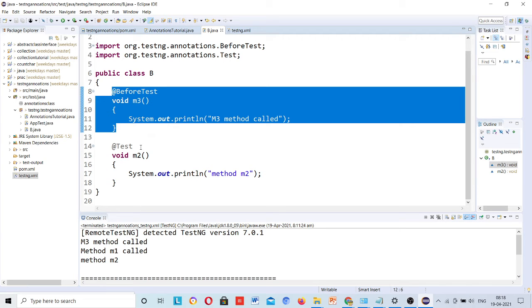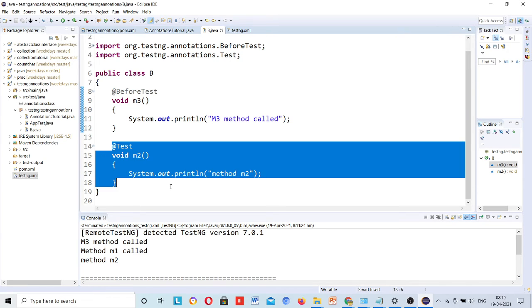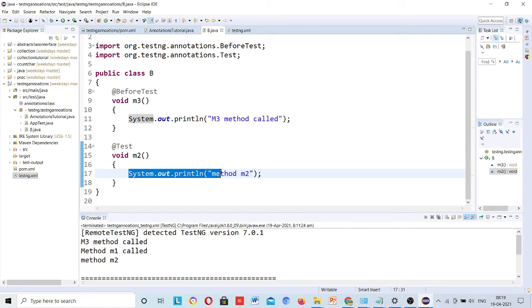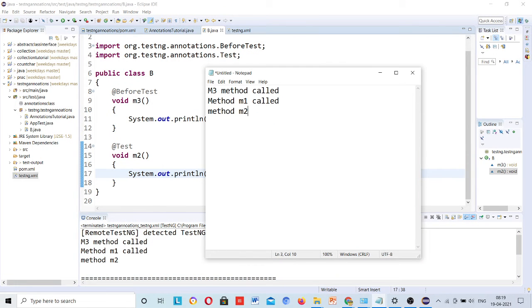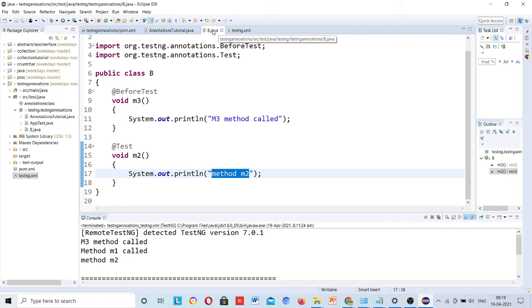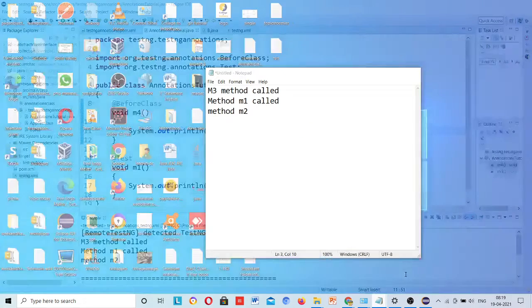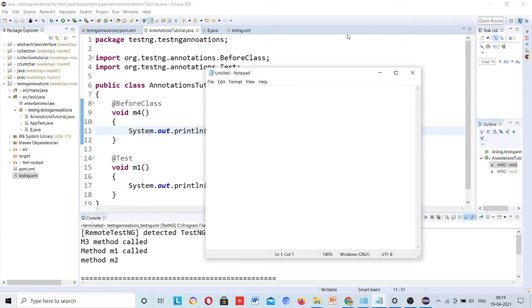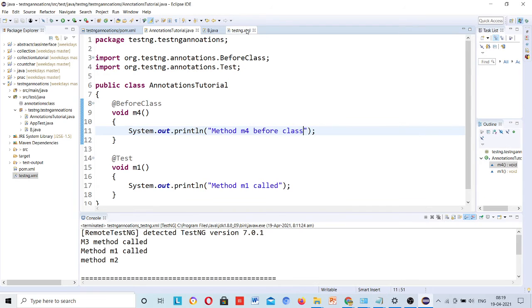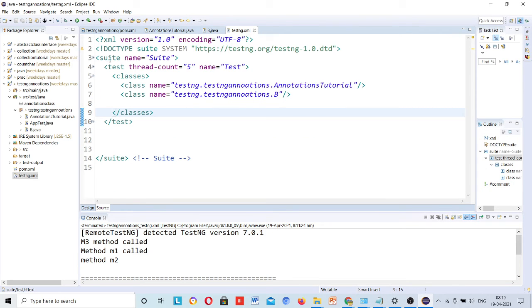So it will check for at-the-rate test, and this has at-the-rate test present, method m2. We actually, I forgot about this before class that I have added. Okay, let's start again.